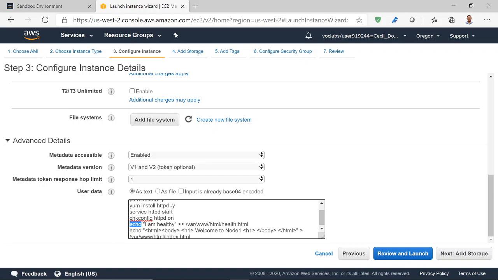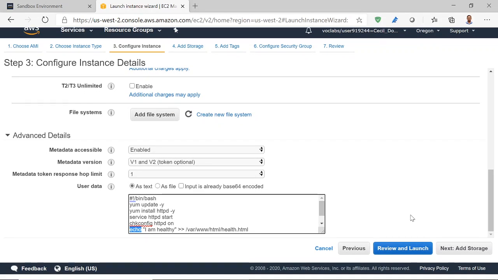Here you can see that an echo statement has been used. This is just to check the health of the instance, and when you put the IP in the web browser, it will give you a message, welcome to node 1. So this is what I have given in some 6 lines of code.